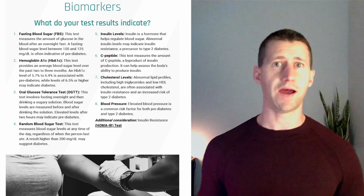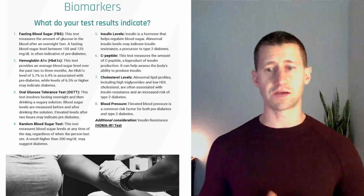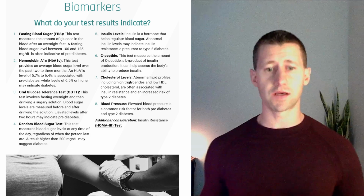Usually, people that have blood markers that indicate prediabetes are oftentimes feeling these tingling sensations in the legs and the feet, okay? And then accumulation of fat around the midsection. So before we dig into any action steps that you can take around this to figure out, well, what do I do to actually not get in this state? Or if you've recognized that you are in the state and you want to get past that,